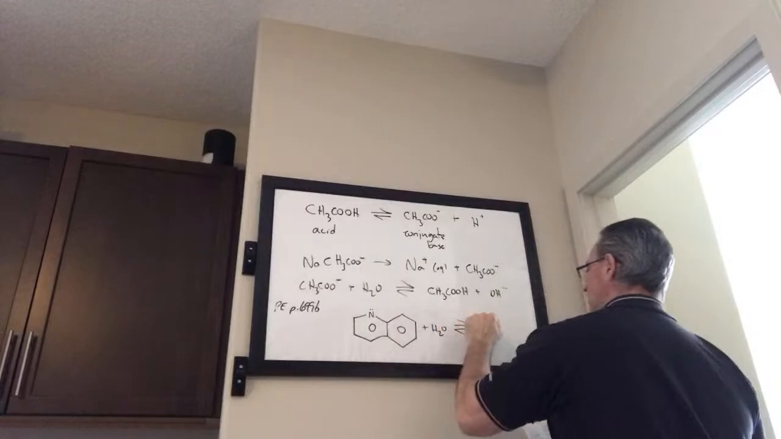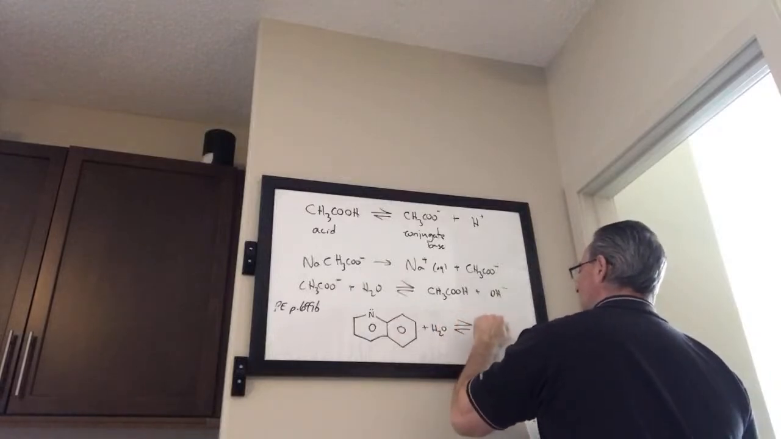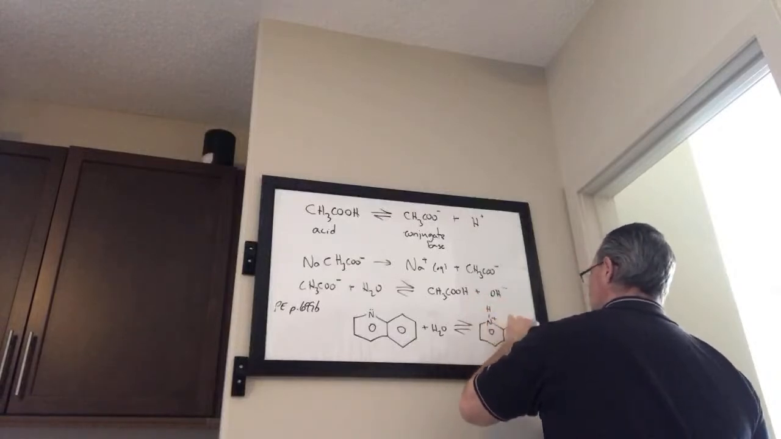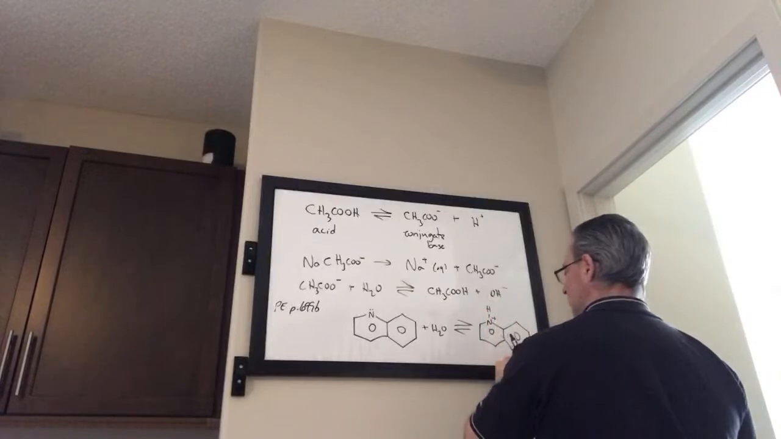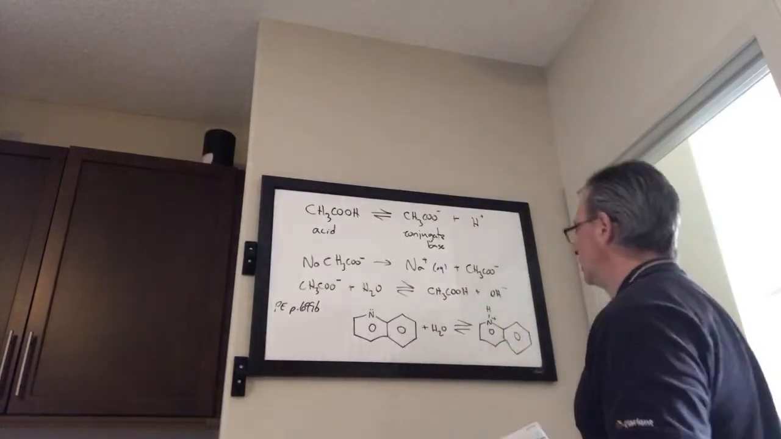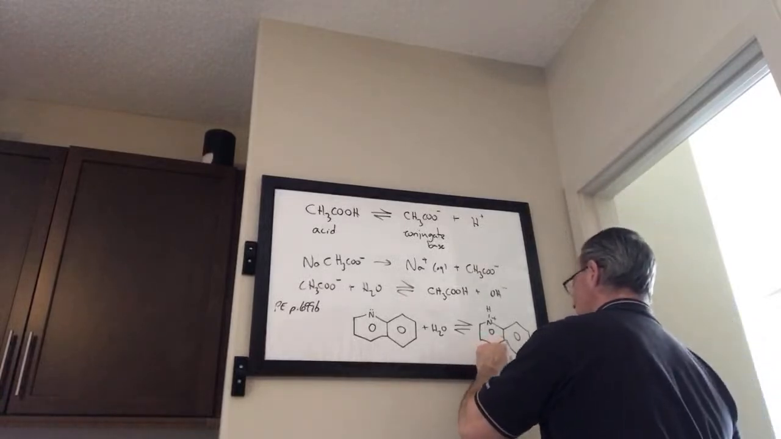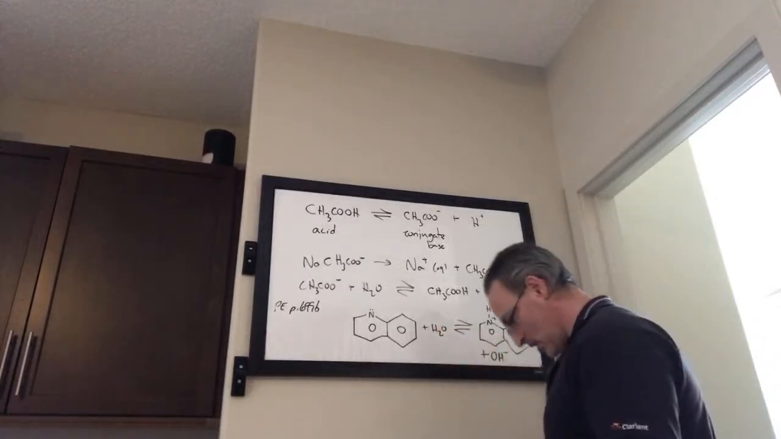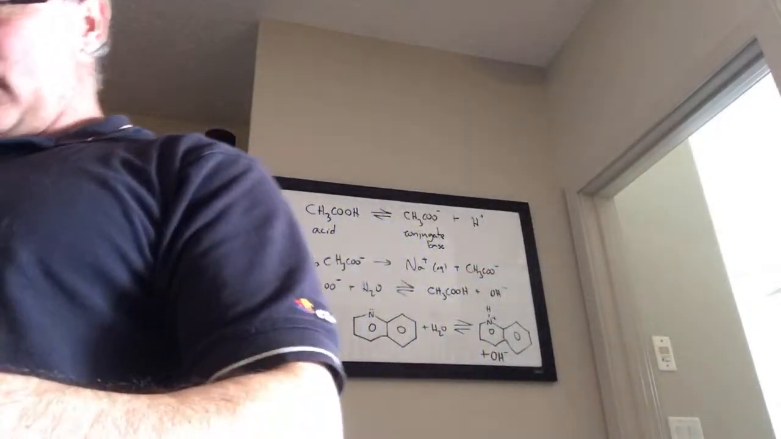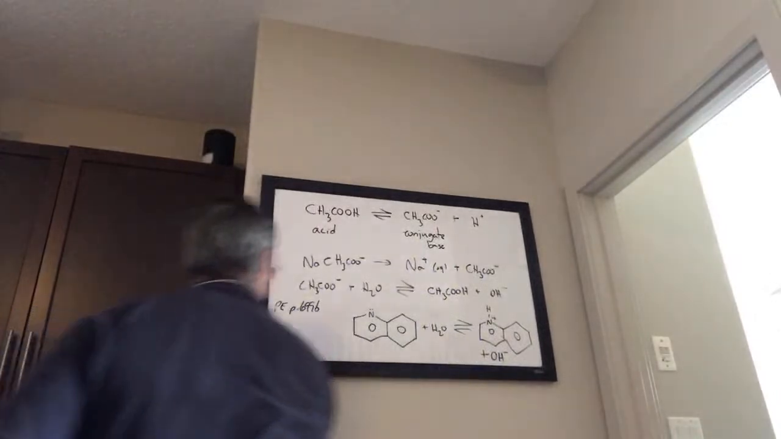you'll get a positive charge on the nitrogen. And you get some hydroxide as well, because it's pulled the proton off the water. So they give you the Ka value for it, they want the Kb, so to do that, to find that out,